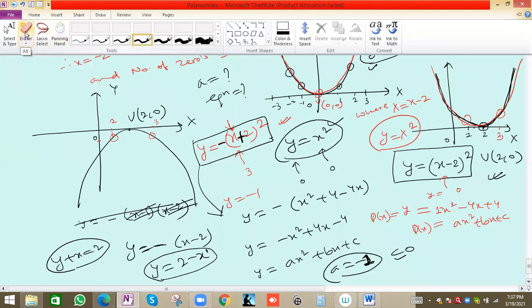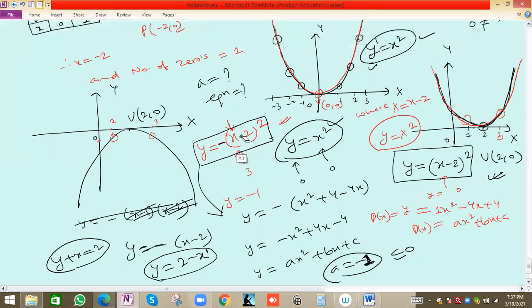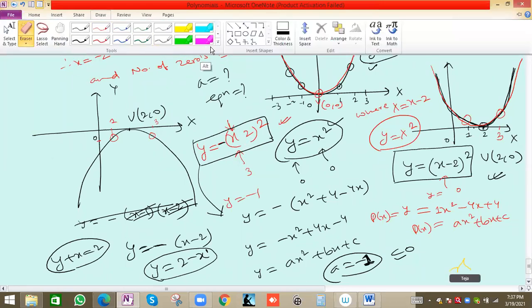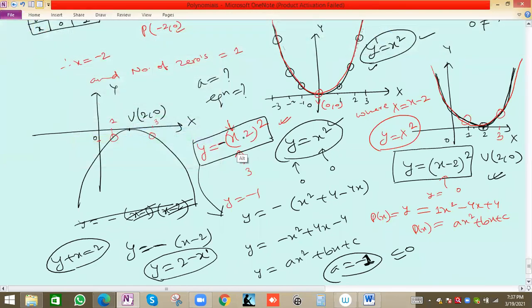So what is the main thing? We have to take plus or minus 2. Basically, we have to take that value for which the vertex fits. If you take +2, no problem. Vertex is the minimum or maximum point in a parabola. Minimum point is not defined because this graph can go down further. Maximum point is fixed. No point is higher than this value. So vertex will be that point, maximum or minimum. So vertex will be 2, 0, that we know.